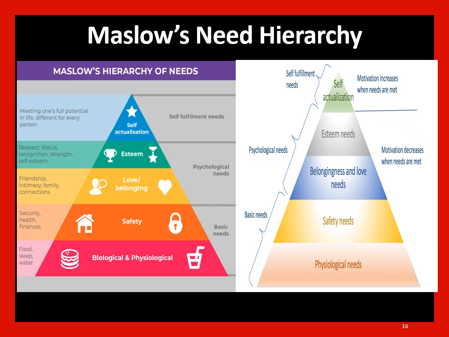At this level the motivation increases when needs are met, whereas at the basic level motivation decreases when needs are met. So these are the different levels. A marketer must try to focus on the basic needs of the customers, and if they are able to fulfill their basic needs, then they must try to take those customers to a higher level, which is related to want and demand. This theory could be related to the customer's need, want and demand.